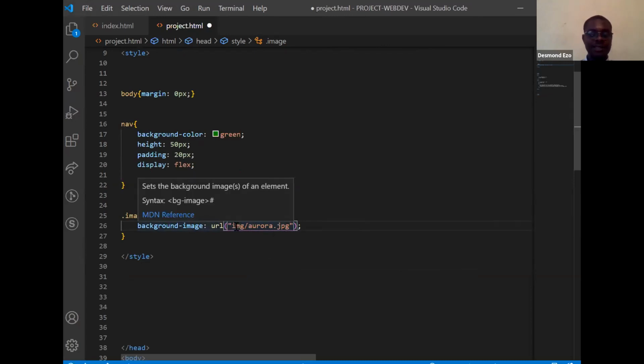So you have to find the path. The path is how many folders you need to enter to get a particular file. You have to define the full path to that file, wherever that file is, if that file is not in the same folder or the same level as your web document.